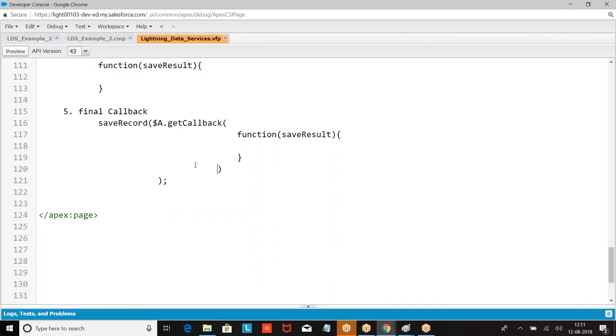Incomplete means for your account, you are working online and offline, but it is not getting synced to online. You don't have that access. So the changes you made offline are not getting synced to online. So that is incomplete. Error means there is a bug, or any other reason we are not sure. So that status will be there in the save result. Status is success, draft, incomplete, error, or any other.